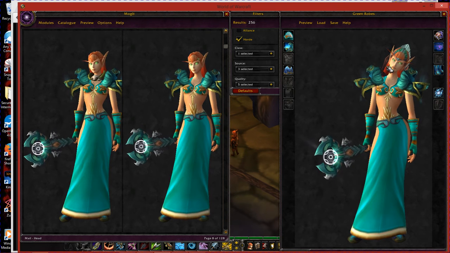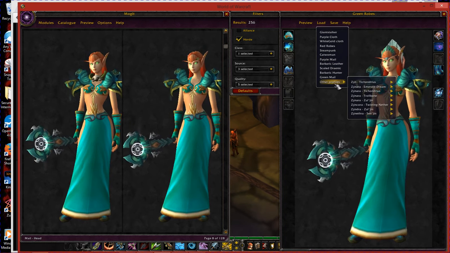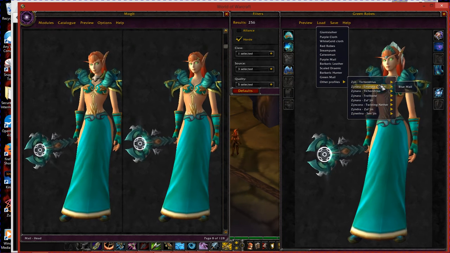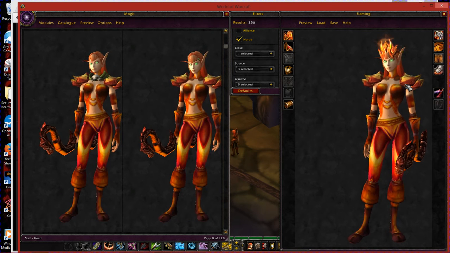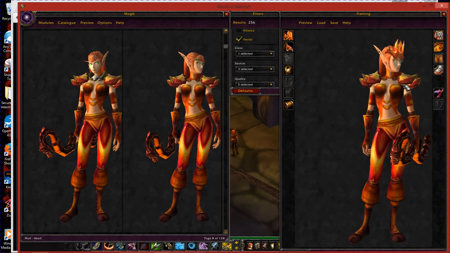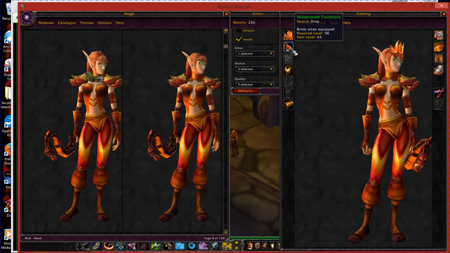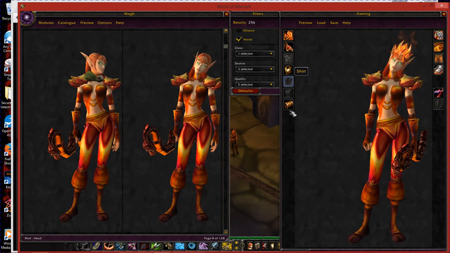I'm happy for her. So again, you can go ahead and hit load, go into your other profiles if you don't see what you're looking for, load it up, see what it is. You can still go ahead and search for, oh, this is my dream mog. Firelands Masterwork Pauldrons, which I own, and the engraved breastplate I need to look for.